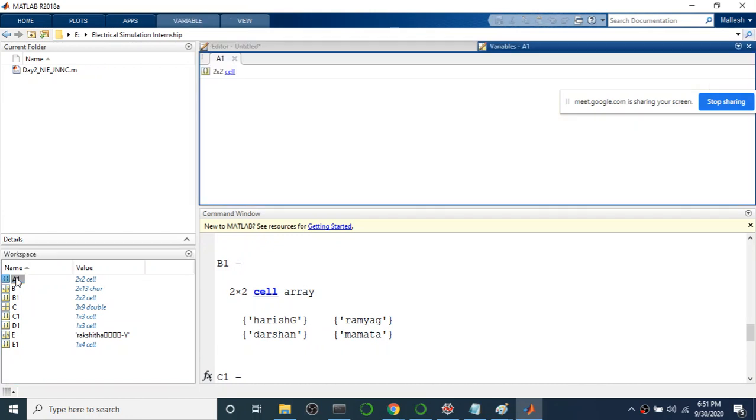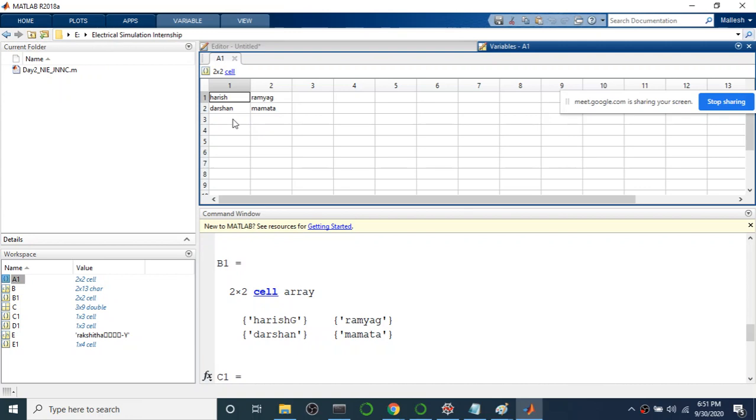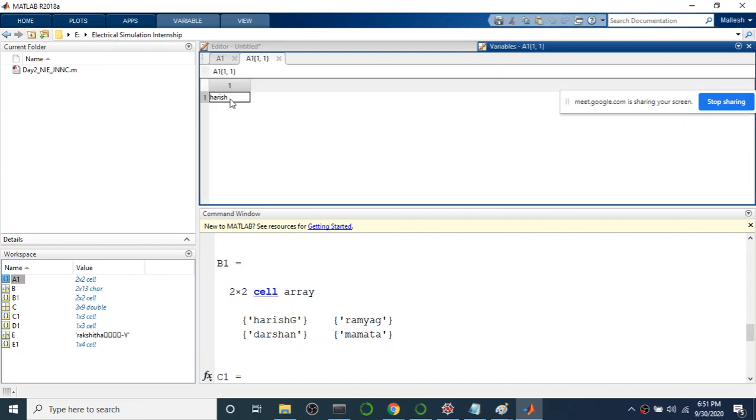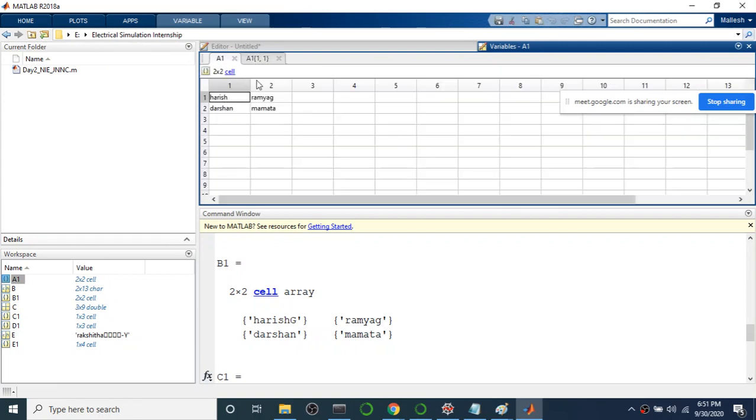Double click, okay, it will show the content of that cell. See here, double click again on one of them, it will show the actual content. So if it is having numerical values, it will not display here. For example, if I am taking D1, it will only show the small numbers. Okay, you can see here. If its size is small, then it will display the numbers. Here, 4 cross 4, more numbers are there. So if you want to see the content, you can double click the cell and you can see the content of it. So that's how we can actually see the content.